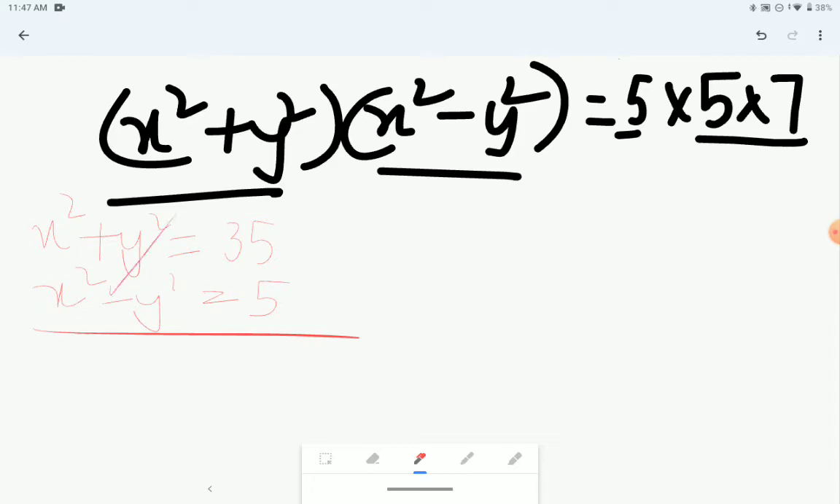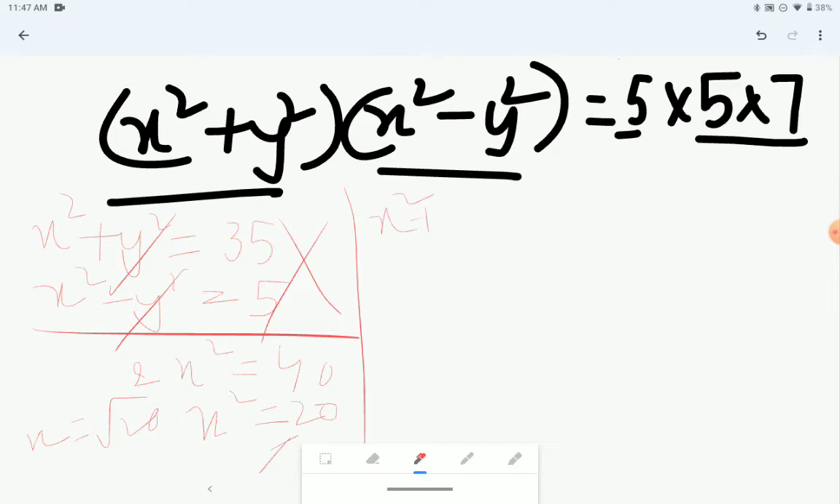By adding these, y square will be cancelled and 2x square is equal to 40, then x square is equal to 20. Here x square value is 20, but x value will be root 20, which is an irrational value. But we are given that x, y belong to integers, both are integers, so this is not a valid way. Then we can take x square plus y square as